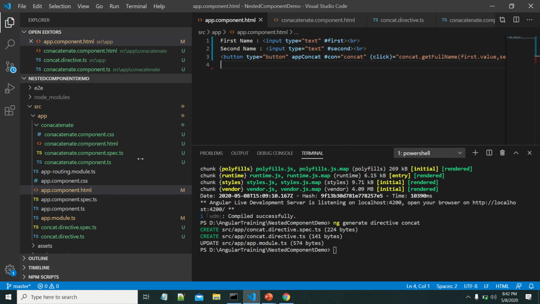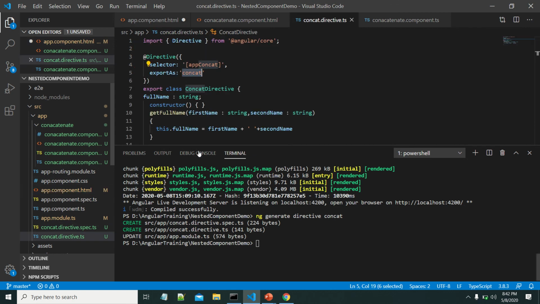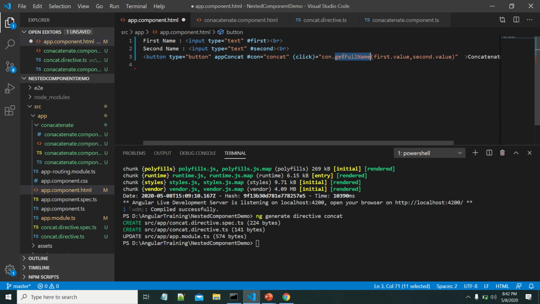We have created the template reference variable for app concat, so that by using this template reference variable we can access the properties and methods of the directive. Let me copy this. By using this get full name, we can concatenate.